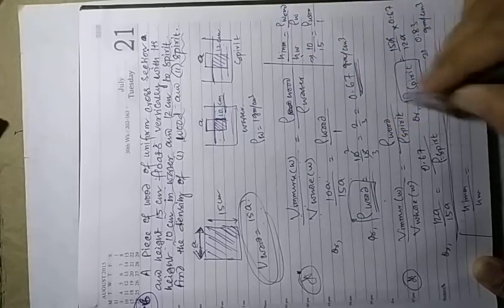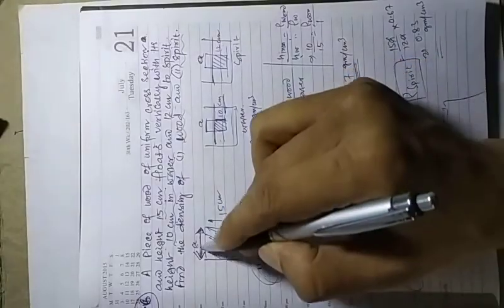It is equal to density of wood, already calculated as 0.67, by density of spirit. Height of the immersed portion in spirit is 12, so 12 by 15, the whole height. If you take the height formula here, it will be much more proper than the volume. If you take the volume, you have to consider the cross section area, and some students will think: if we consider cross section area A, how will the area cut out? Maybe confusion will come, but it will cut out, no problem.